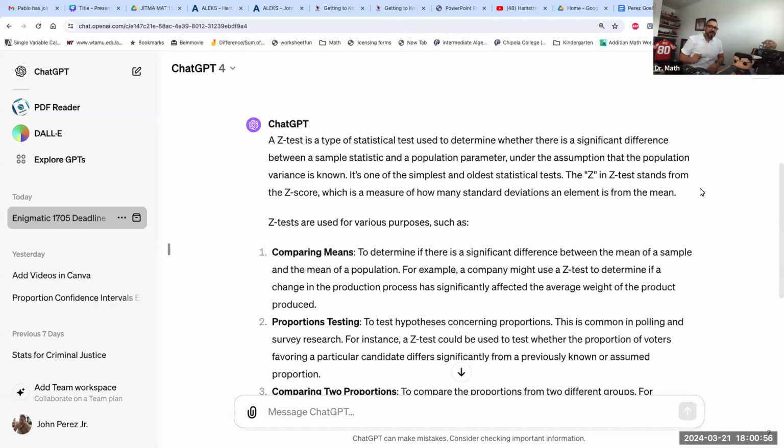So today in my in-person class, I talked about a Z-test. And one of the things that I do personally is whenever I get something confusing, I have ChatGPT give me a breakdown of what the heck it is that I just read, making sure I really understand the question. And whenever you move forward,